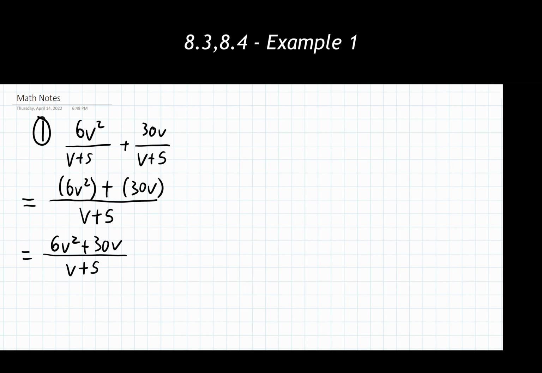So our last step says to simplify or reduce the new rational expression. I want to really emphasize the idea that it's a new rational expression because I have a brand new numerator now. So if I want to simplify this thing, I need to fully factor the numerator and the denominator. So I fully factor the numerator. I'm looking to see, is there a greatest common factor, because I always start factoring that way. There is. It's 6v. So I can factor out 6v from the numerator. And what's left over is v plus 5.